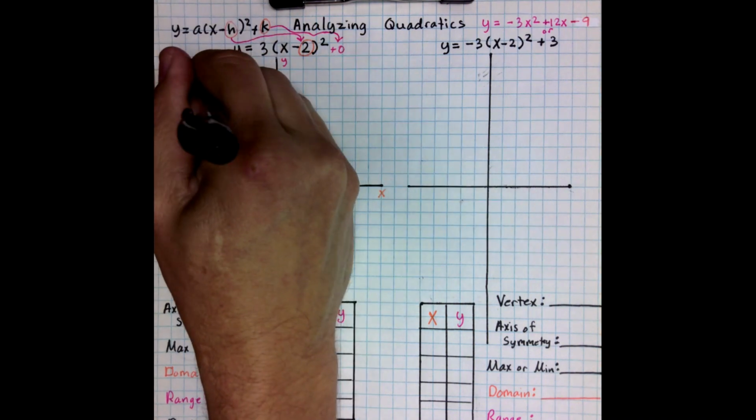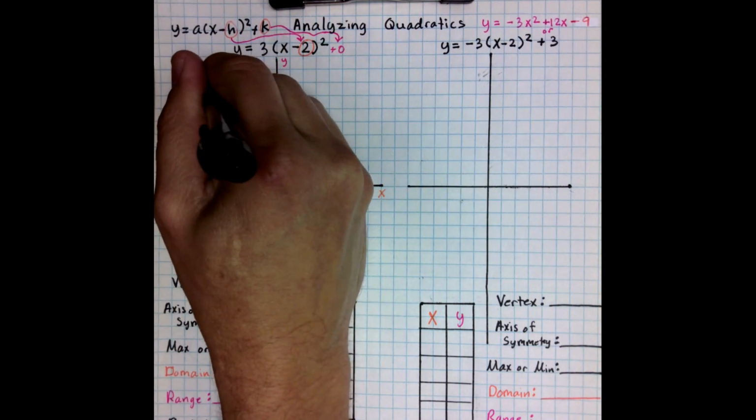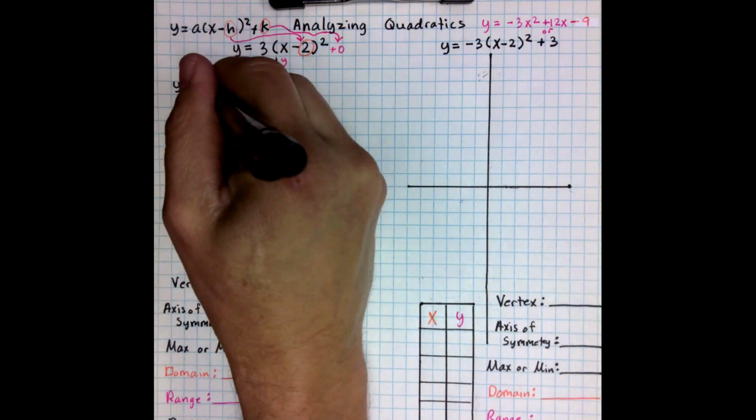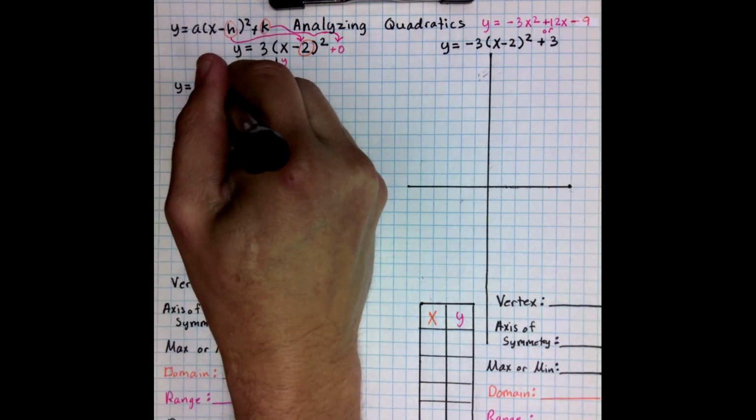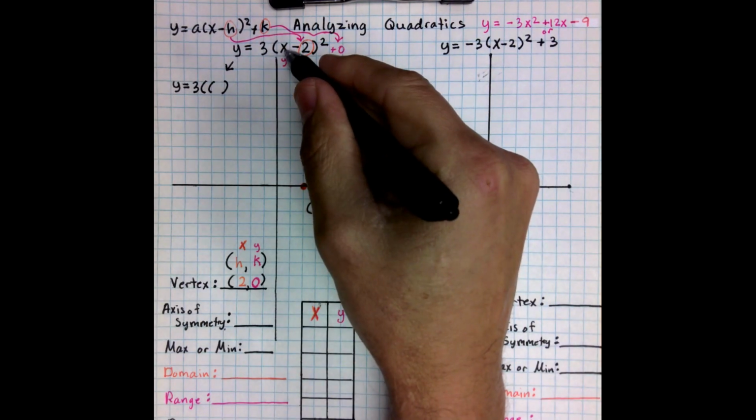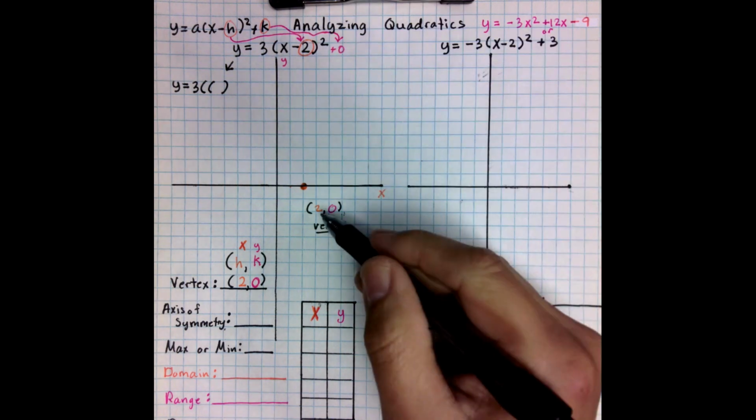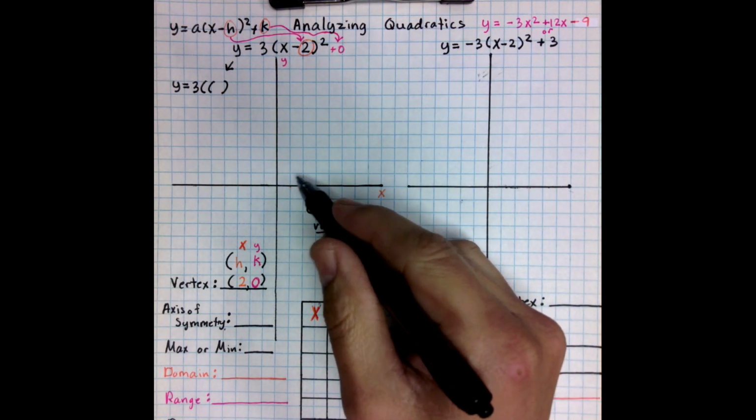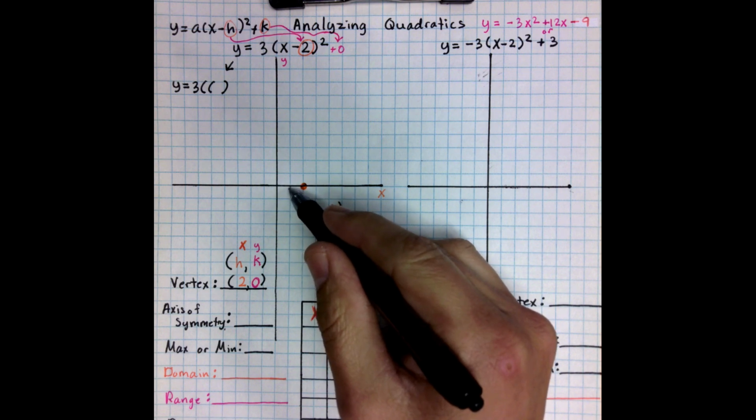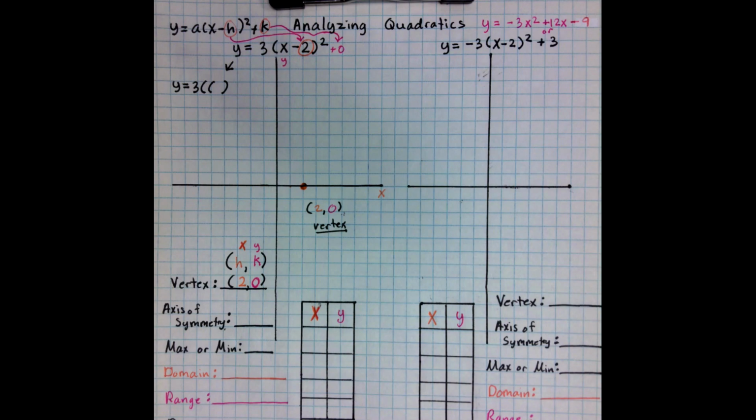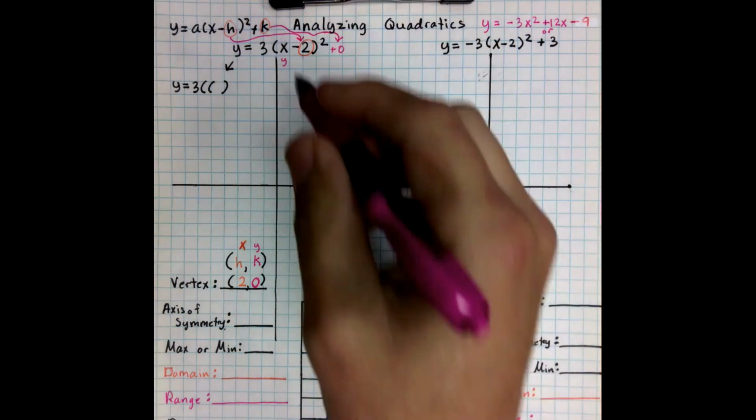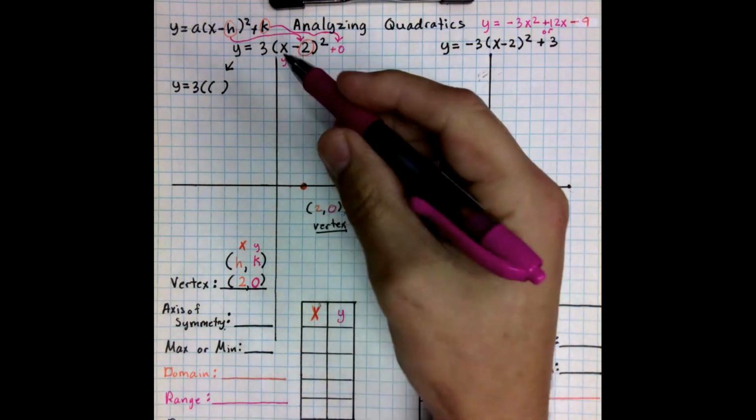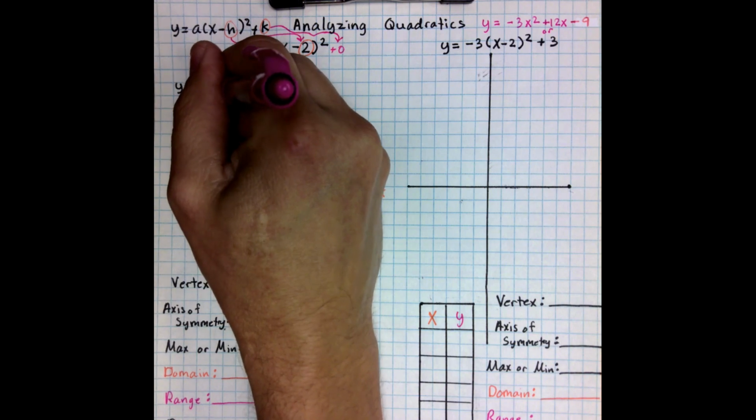So I got y equals 3 parenthesis, and instead of x, I'm going to put a second set of parentheses, and we're going to replace this x with a value. Now I already know that my vertex is 2 and 0, so let me go back over to 1, and what is the y value when x is 1? If I want to know that, I can simply replace my x value, that 2 right there, with a 1